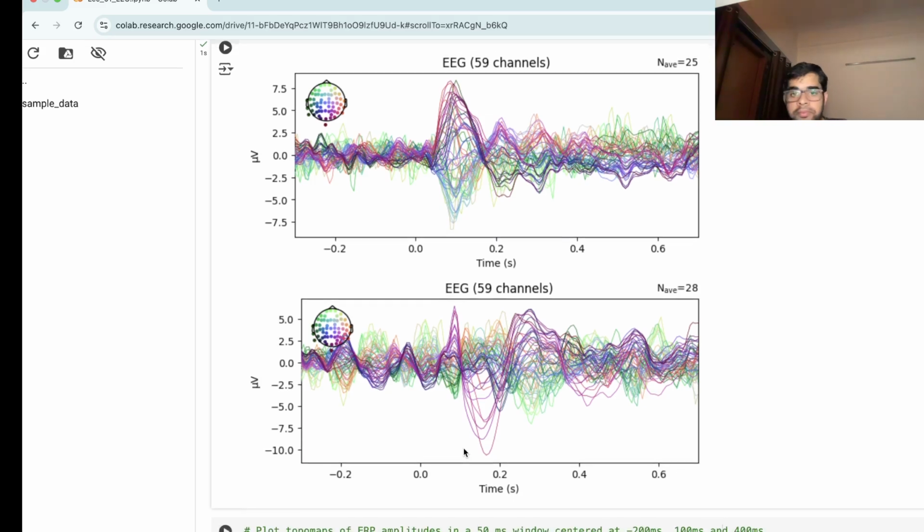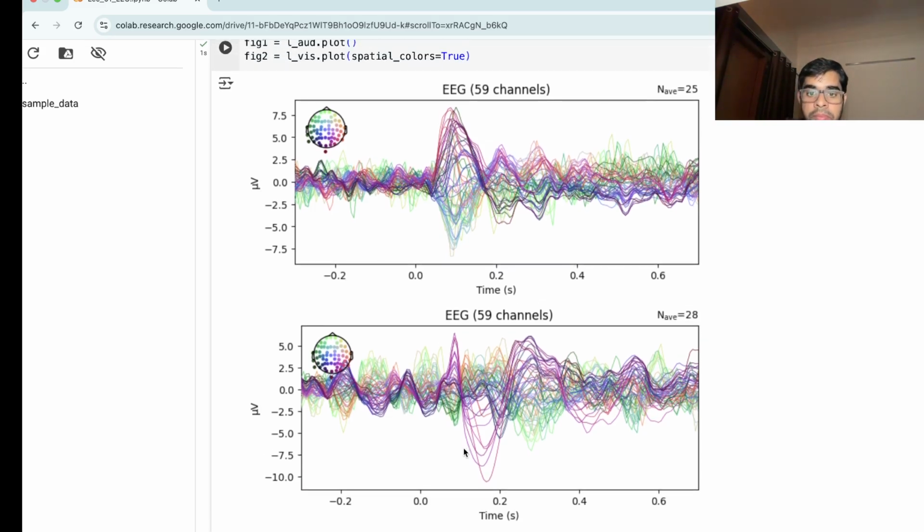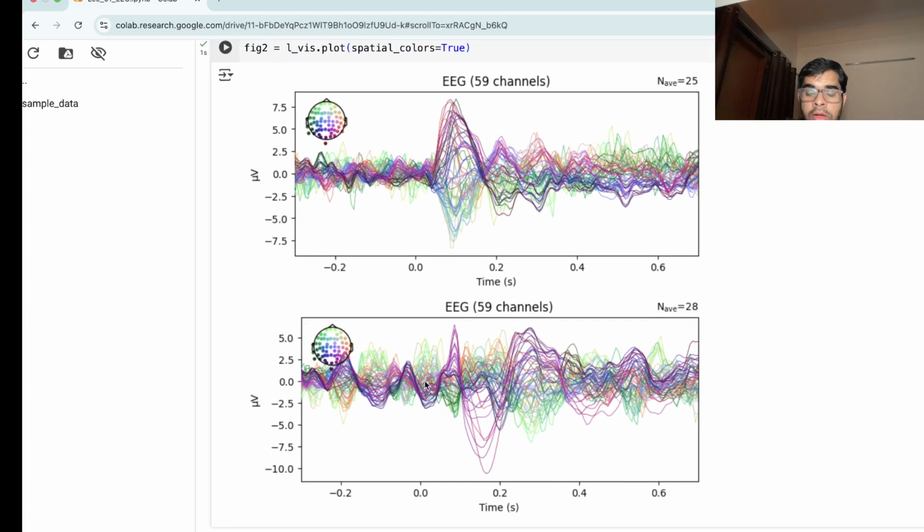Deepak, why had you said that in visual you see it go down? Why does the P2N occur? Oh, why does it occur? We really don't know exactly why it occurs, but it's mostly due to the visual cortical neurons responding to